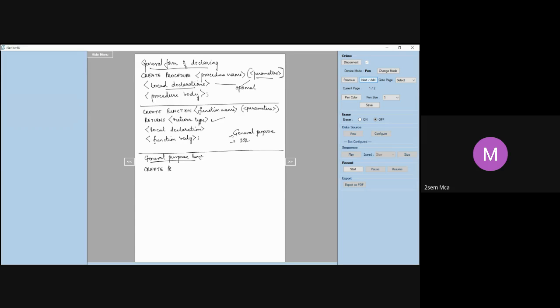Create procedure, procedure name, all this is the same, and then you pass some parameters. Then you have to specify which language you are using, the programming language name.